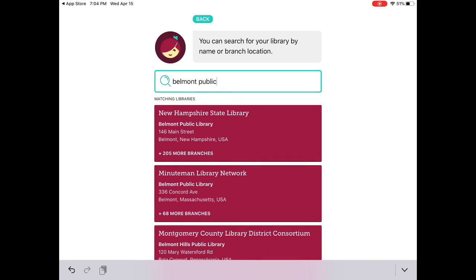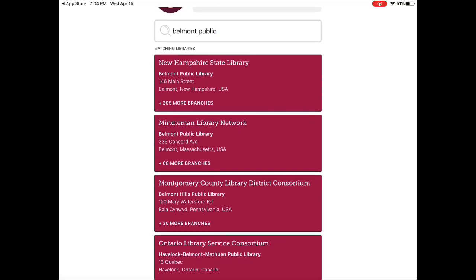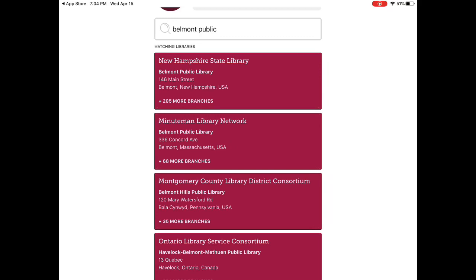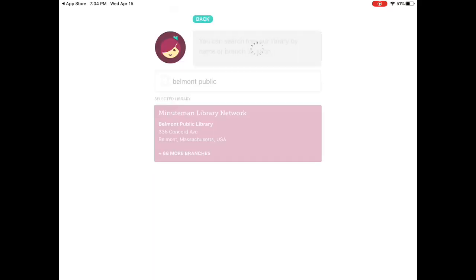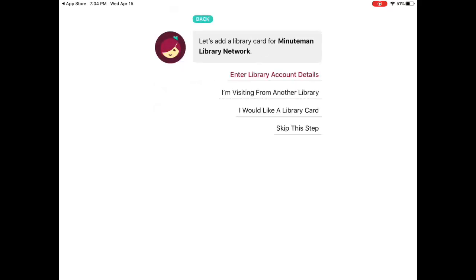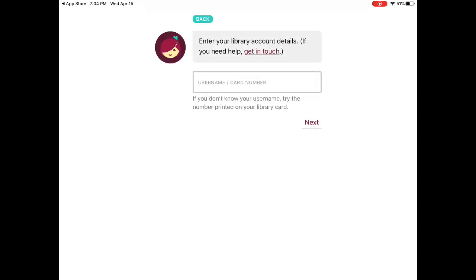As I said in the Hoopla video, there's a bunch of different Belmonts, so just make sure that you're selecting the one that says it's from Belmont, Massachusetts, which happens to be the second one right there in the middle, where it says Minuteman Library Network. So tap on that box there. And next step is I'm going to enter my library account details because I already have a library card and I just want to type that information in. So it's going to ask first for the card number, which is that 14-digit number on the back of your card underneath the barcode,